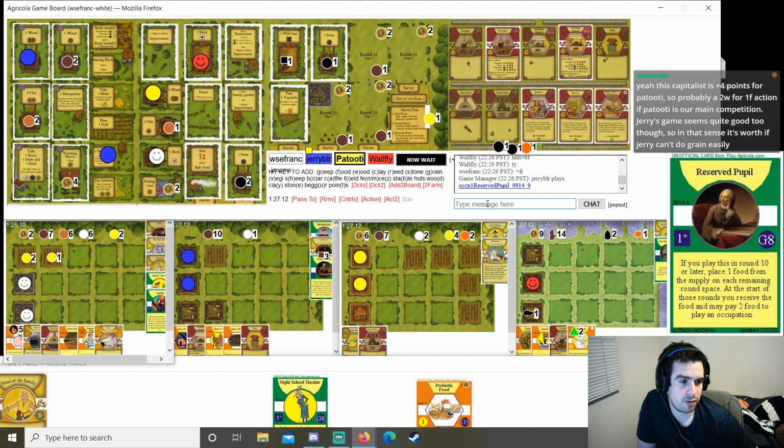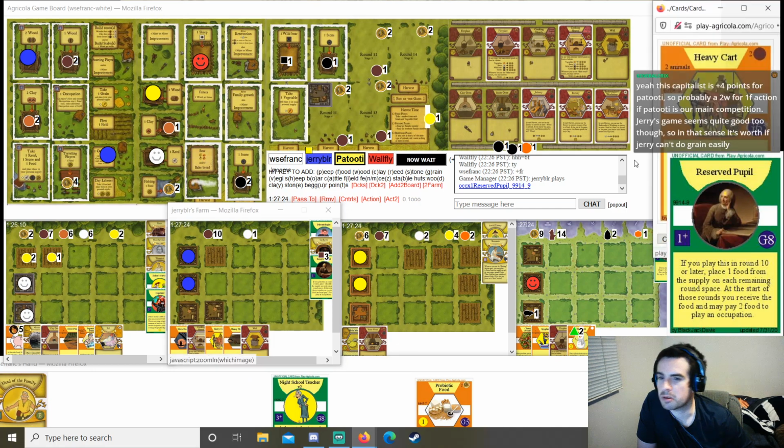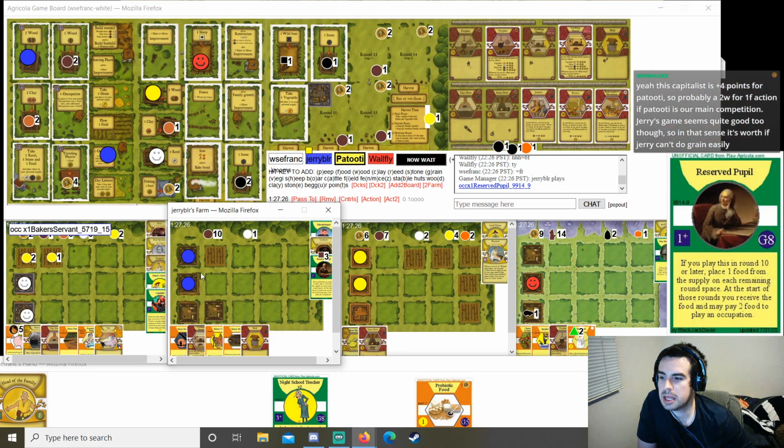Capitalist is 4 points for Patooti. Yeah, so the Capitalist is only 2 wood against Patooti. But against Jerry, it's probably a point. Heavy cart doesn't work on grain, right? Yeah. I think against Jerry, it's probably a point. Jerry could probably get to 6 grain. Unless he took grain elevator. If he took grain elevator, then